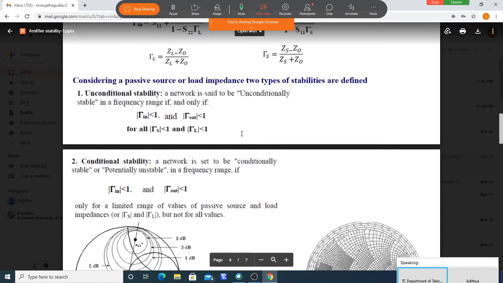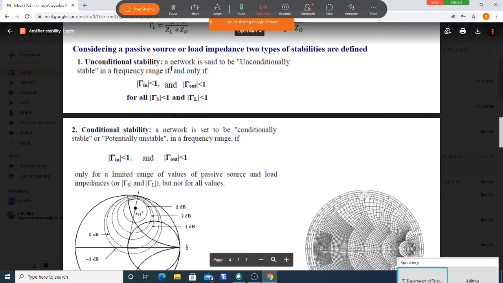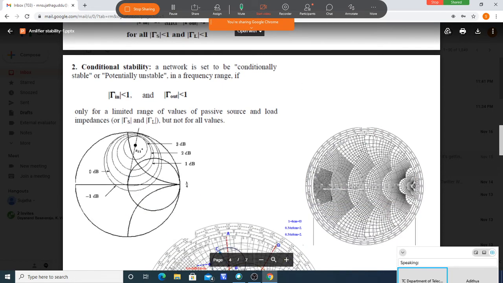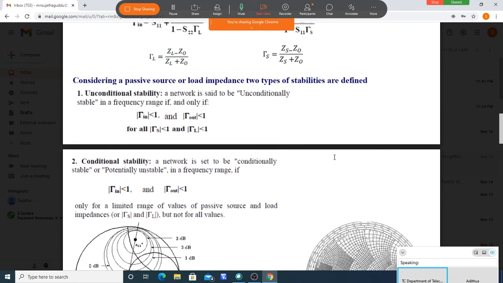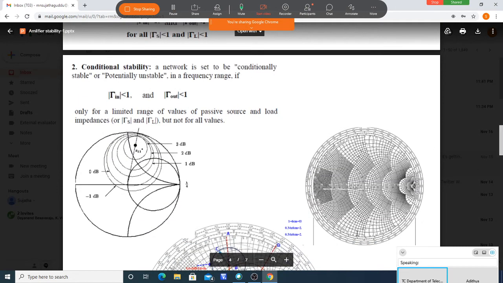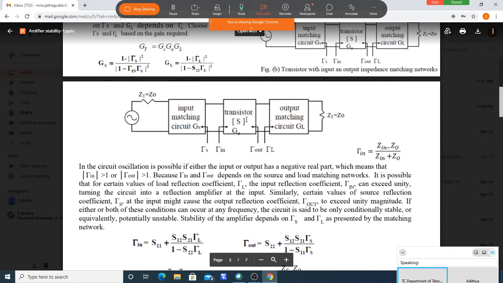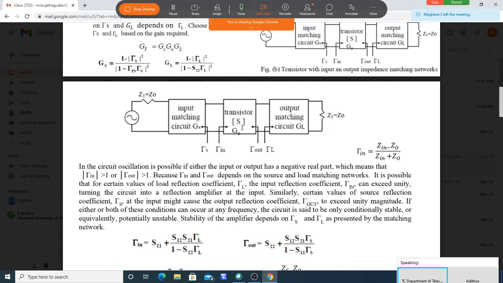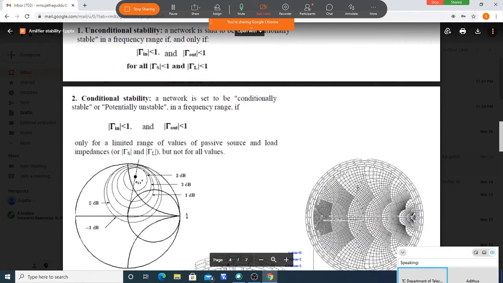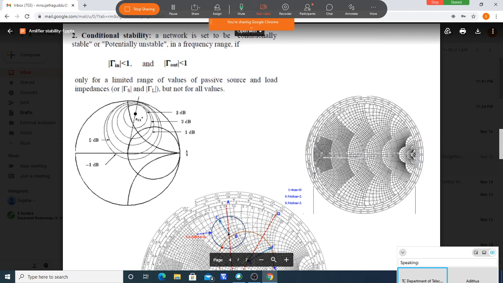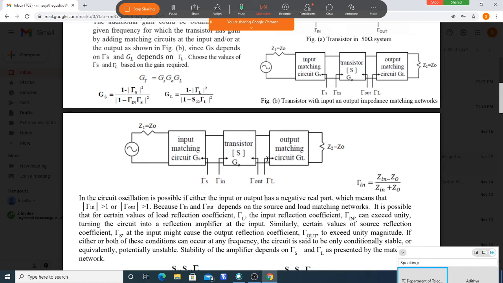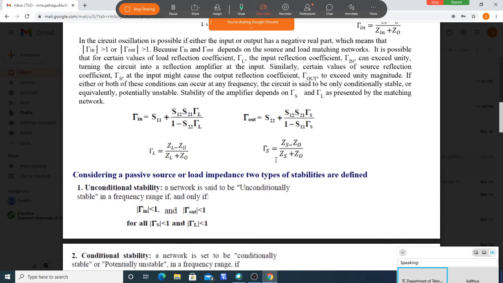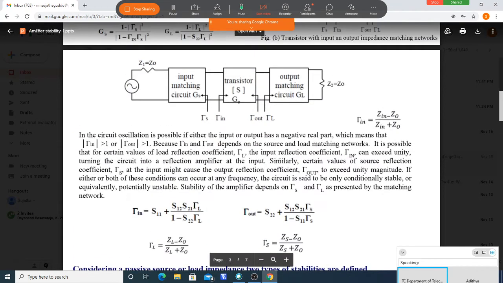So now, how to check it? As I said, regarding unconditional stability, if you take any value over this, the transistor doesn't become unstable. It will always be stable. Any value you can choose. That is a property of that device. The transistor is there, its S parameters are given. From those S parameters, we will come to know you can choose any value over this. See, we have to choose a ZS and ZL. That's a problem coming in here. What value you have to choose?